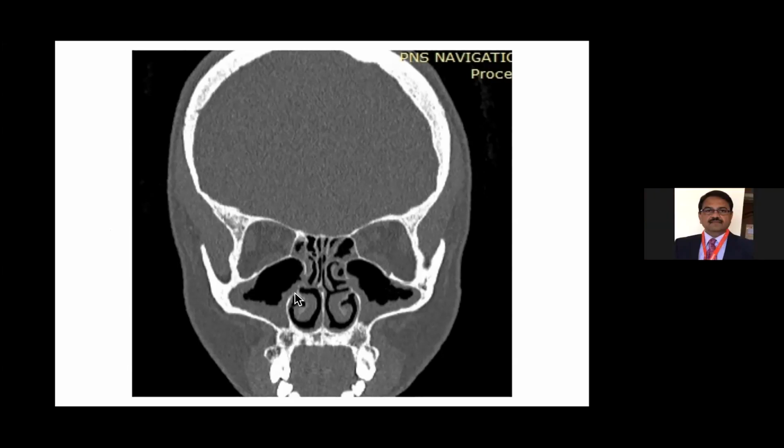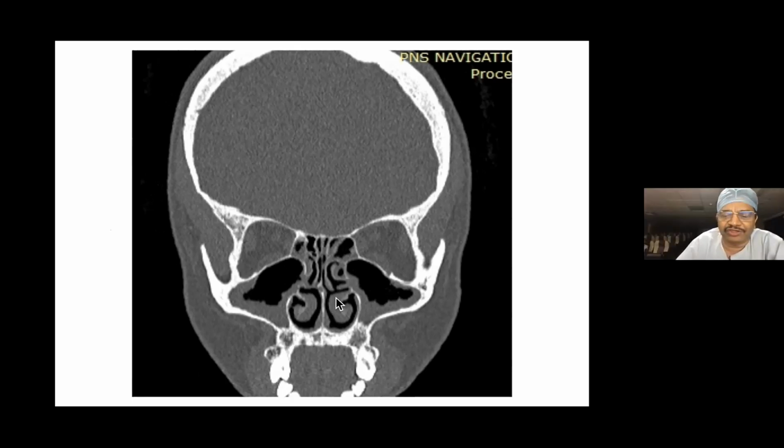Another thing I will see here is the inferior turbinate angle, the shoulder. The shoulder of the inferior turbinate is more horizontal. I will be very happy if the inferior turbinate is like this, not like this, because this is going to reduce the space for me in the middle meatus. My instruments will keep on touching the inferior turbinate. The post-operative healing will be a little more difficult because there is some trauma to the inferior turbinate.